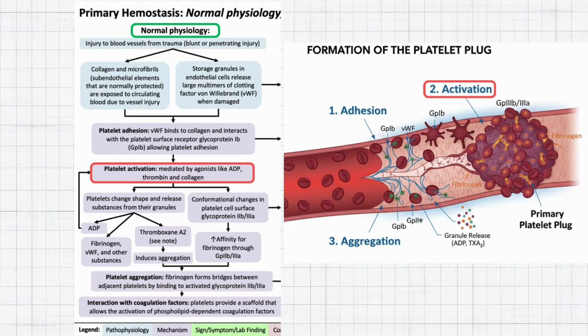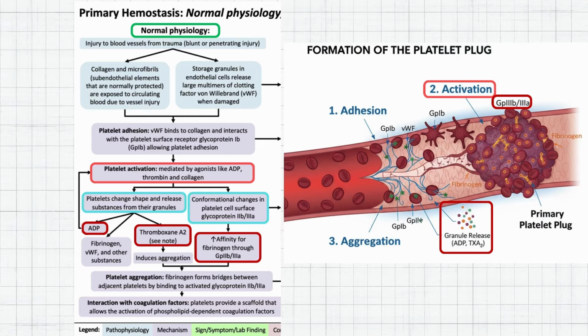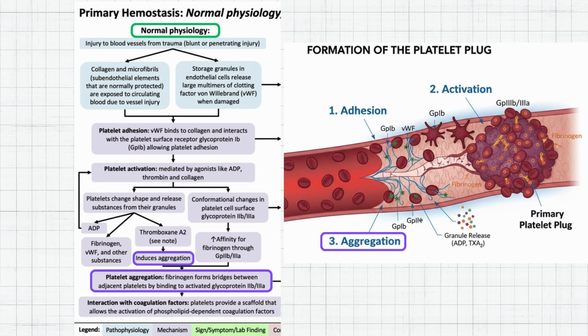Once adhered, the platelet gets activated. It changes shape, going from a smooth disc to a spiky sphere with increased surface area. It also degranulates, releasing pro-clotting substances like ADP and thromboxane A2. These substances recruit more platelets. This leads to conformational changes in a different surface receptor, glycoprotein 2b3a. This receptor change increases affinity for fibrinogen. Fibrinogen acts like a bridge linking adjacent platelets together via their glycoprotein 2b3a receptors. This cross-linking is called aggregation. So, recapping, glycoprotein 1b is for sticking to the wall, adhesion, and glycoprotein 2b3a is for sticking to each other,